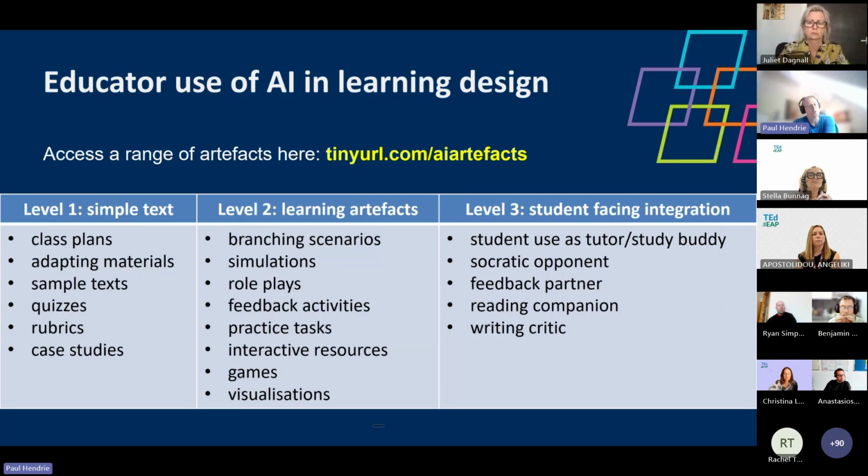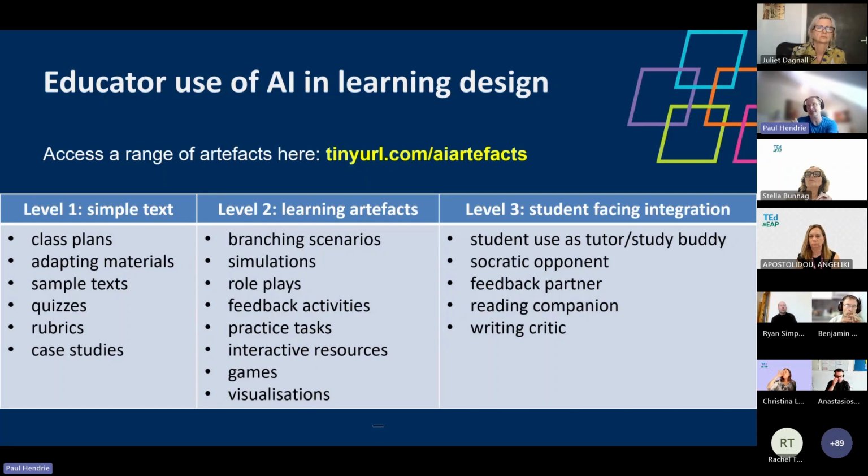What they did was they looked at that and they asked themselves, what are the different categories that educators are using the AI for? And they broke it into three, and those three are here. So level one is where you're putting text in, you're getting text out. Give me a summary of this article. I'm doing a workshop on this. Write me a plan. And so it's text in, text out. That's the sort of level one use, which I think all of us are familiar with.